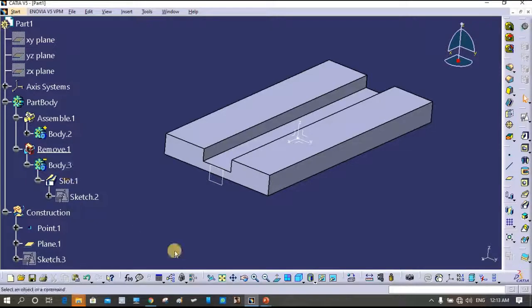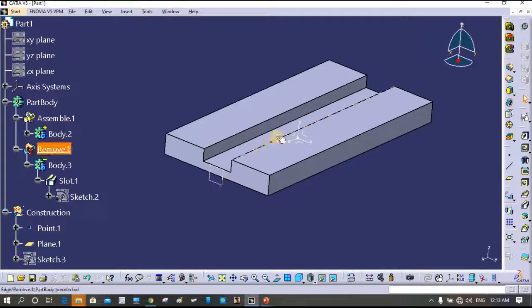This indicates that though there is an operation done over here, suppose a tool has to be manufactured for this particular component, the slot feature will not be reflected in the software of the tool maker, and hence the slot cannot be incorporated in the tool.